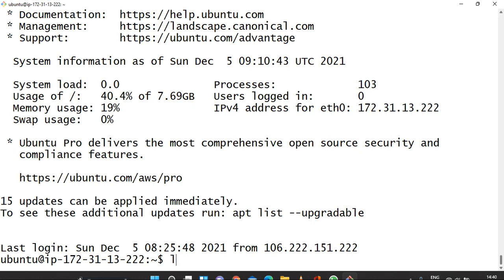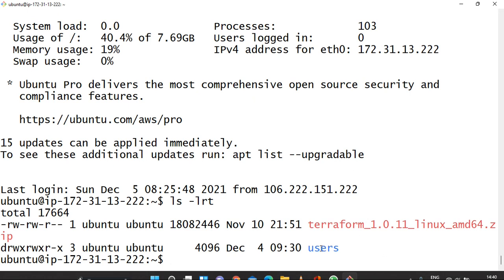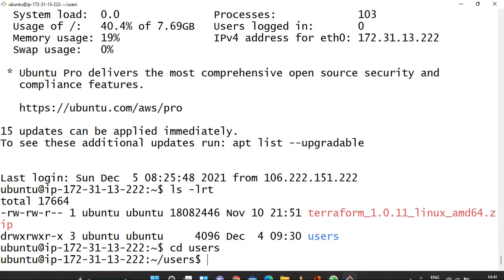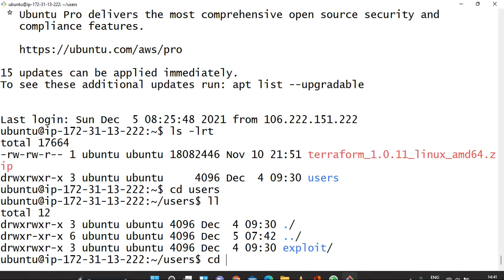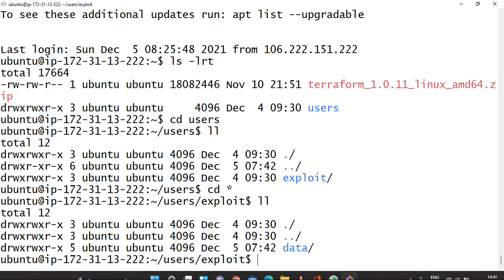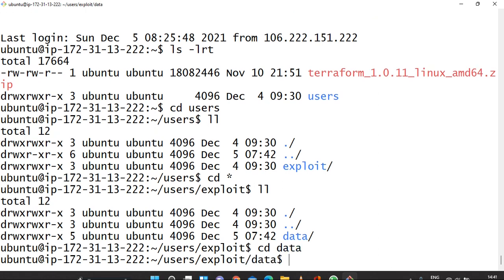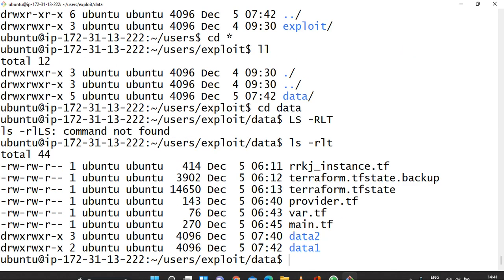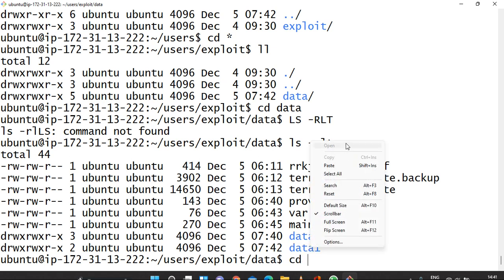As we installed Terraform in this server in our last class, let's go to the path users. Edit data. Here I have two folders. I am going to the folder data.